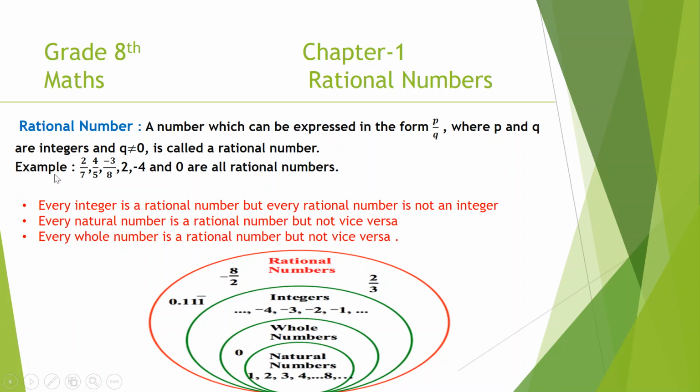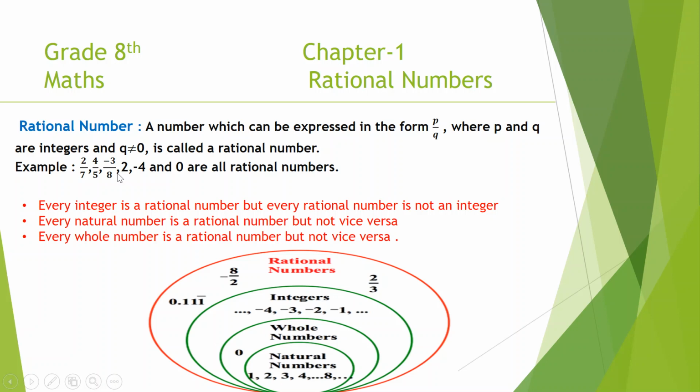As for example, 2 upon 7 is a rational number. Why? Because it is in the form of p upon q. 4 by 5 is also a rational number because it is in the form of p upon q. Minus 3 by 8, 2, minus 4, 0 are all rational numbers. If you see, 2 is a rational number, but you are not looking at any number in the denominator of 2,